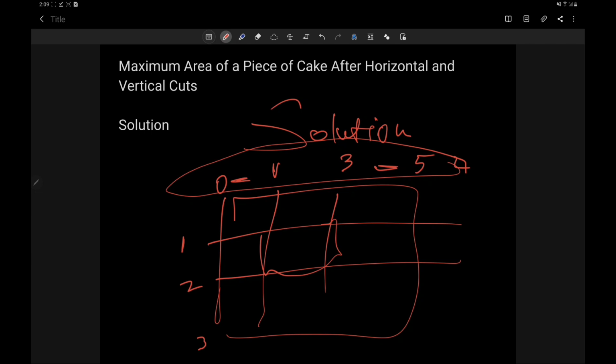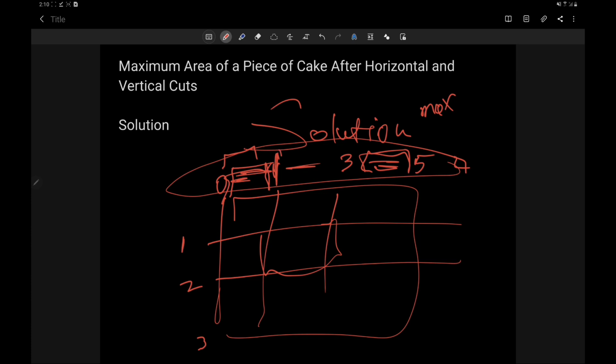If they are sorted, then it makes it very easy for us to just calculate the maximum gap, because the cuts would be at adjacent positions. So we just sort them, and after that we just find the maximum gap. Obviously, we also have to consider the gap from 0 to the first cut and from the last cut to the maximum length h. So first of all we will calculate the distance between these two cuts, and we'll set our maximum variable.